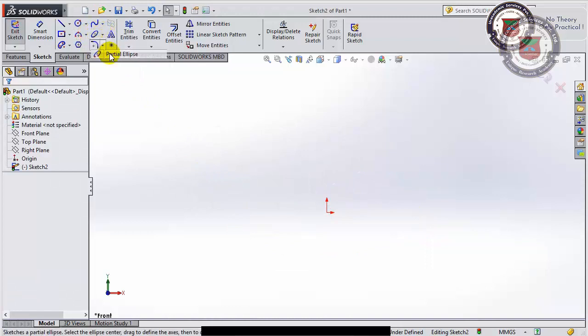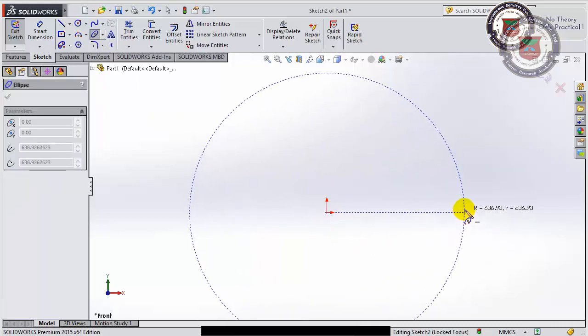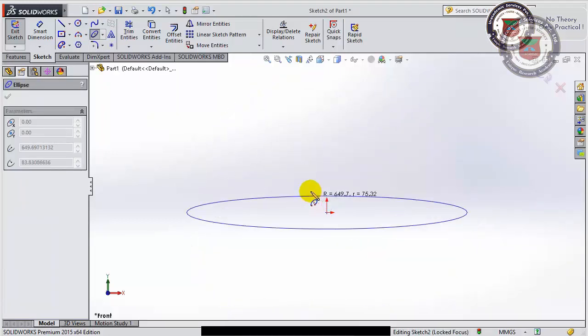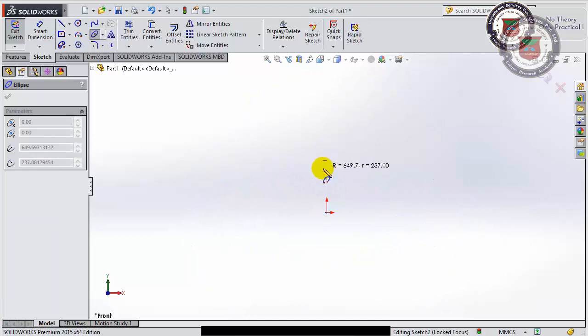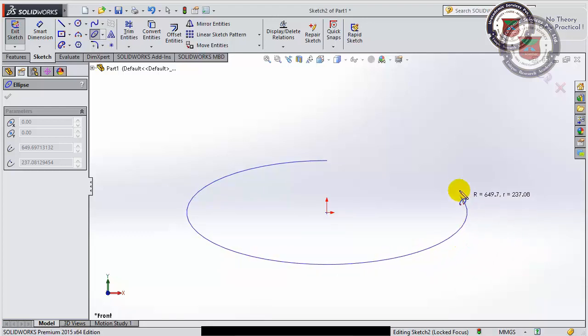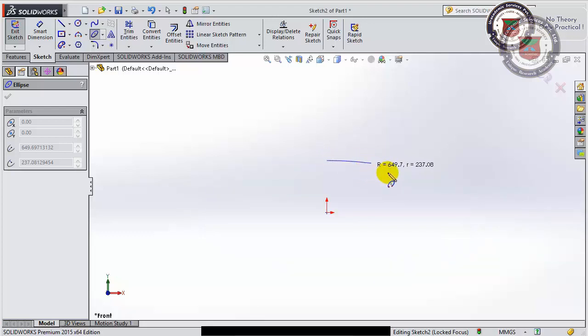The next is partial ellipse. We will be making the ellipse in the same way, taking the major axis, taking the minor axis. But now we will be going through with the cursor. I'm not pressing any key on the mouse, it's going freely, so I can define how much should be the length or how much should be the profile of this ellipse, which is not closed.